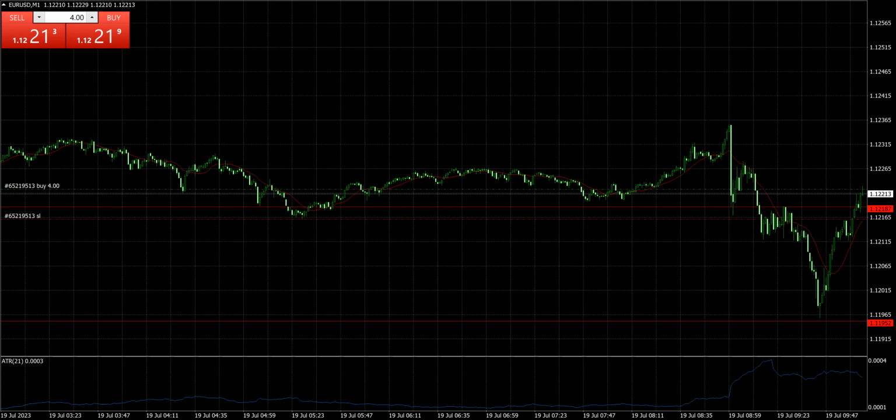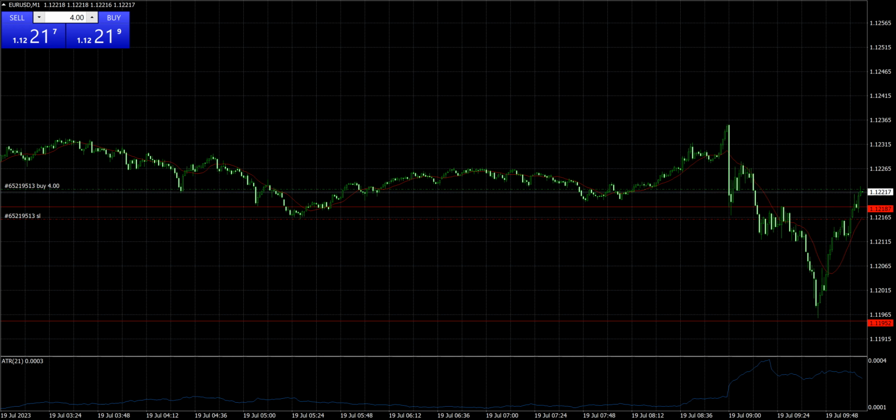I did buy that because I did see a full-on reversal of the overall downtrend. We have been in a range-bound context for the majority of the day. MT4 does not want to show my risk for some reason, so let me just see. I'm just going to manually type in about 256. So this is about a 0.5% risk.